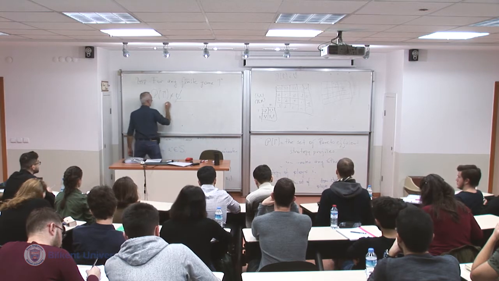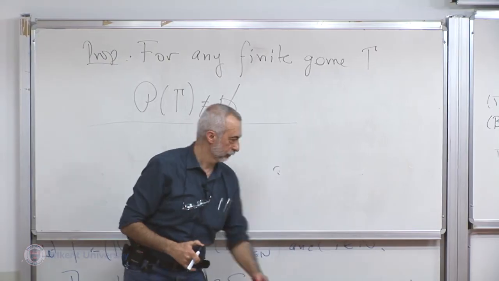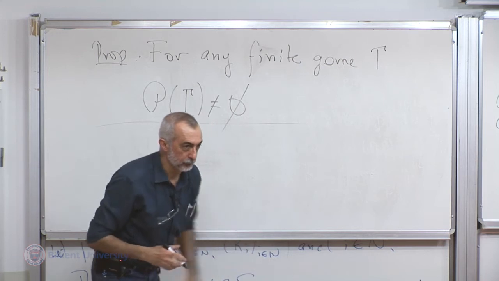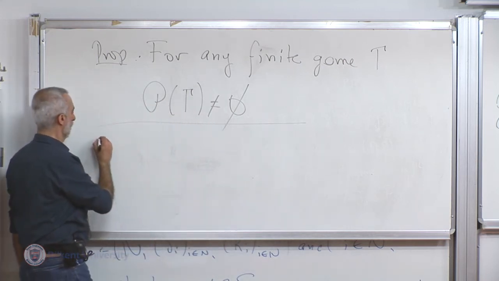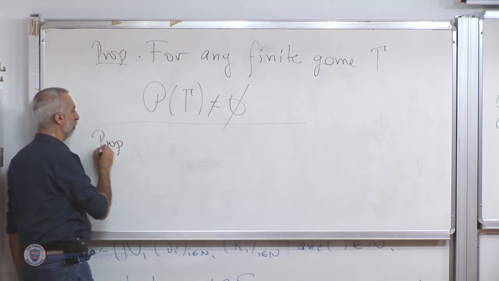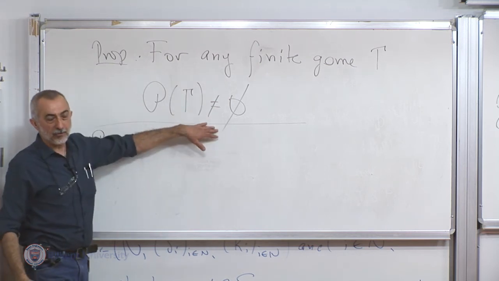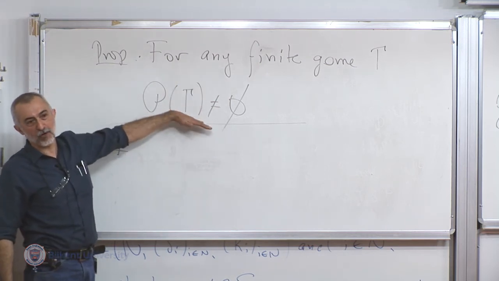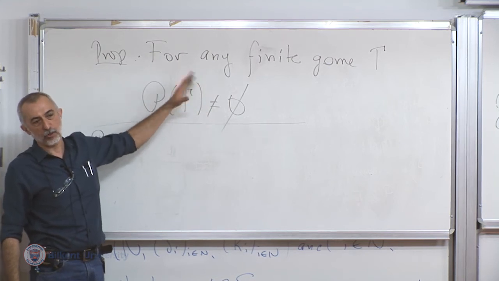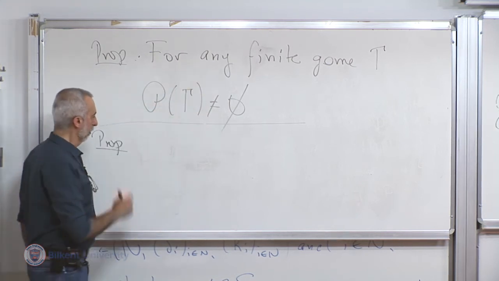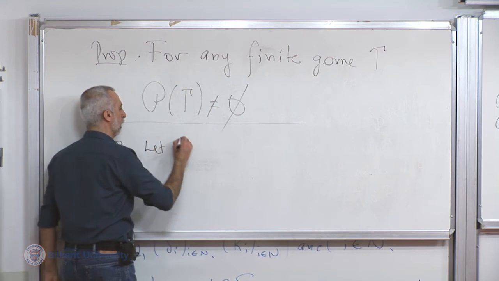But I'll just add one more proposition. So at least, this is good news, at least for finite games, we know that there are Pareto efficient strategy profiles. Okay? So let gamma